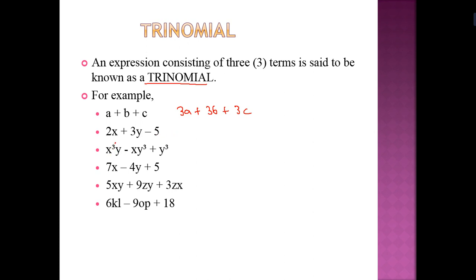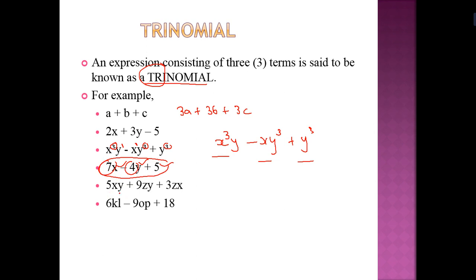If you will see here, the power is 3 here and power is 1. Again power is 1, power is 3 and only 3. But we cannot total it. Someone says, can we count this? We cannot count it. All are different. We cannot add this. That is why it is under trinomial. 7x minus 4y plus 5. All are different. Two variables with one constant, and minus 4 and 7 is a coefficient.